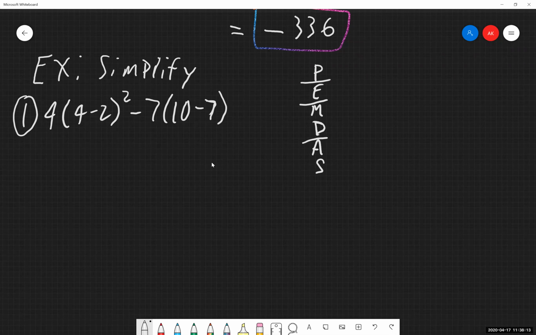So again, the first thing in PEMDAS, parentheses. So I'm going to work with just what I have inside my sets of parentheses. And what's going on inside those? Well, I don't have any parentheses inside them. I don't have any exponents inside them. I have no multiplication or division inside them. I do have addition subtraction going on though. So I'm just going to work with what's inside the parentheses. I have 4 minus 2. It's going to give me a positive 2. I have 10 minus 7, which is going to give me 3.